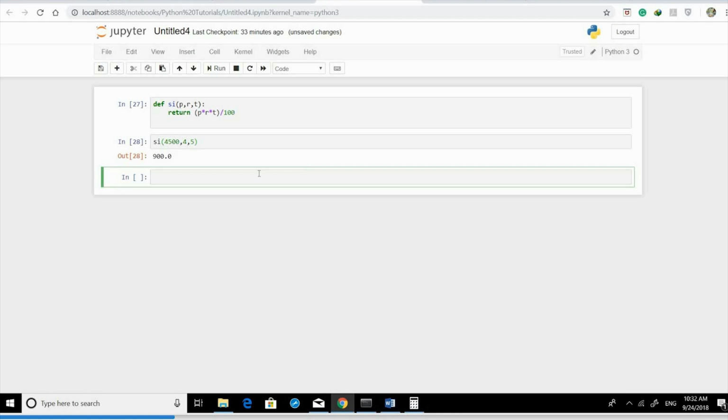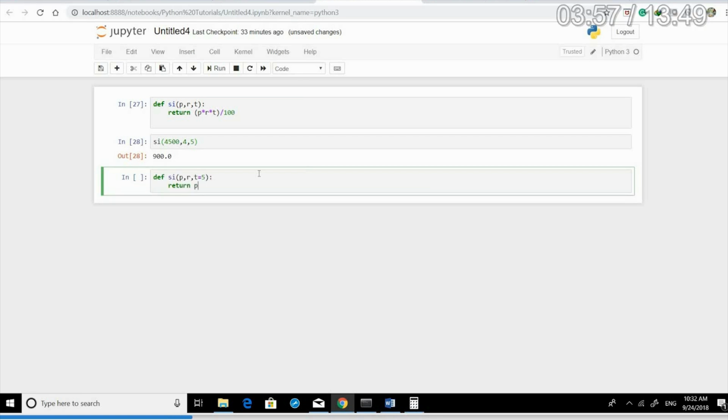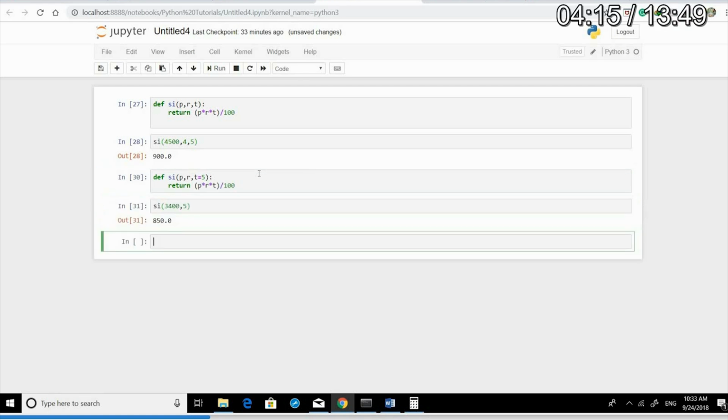While passing values, we can also pass default values. So let's say I want to define a function where I want time equals to 5 years by default, right? And here I need to pass only two arguments now, p and r, because t is by default 5. So if I pass 3400 and 5, it will return me the value with 3400 as the principal, rate as 5, and time equals to 5. So each time if I want to find simple interest, I just need to pass principal and rate as arguments